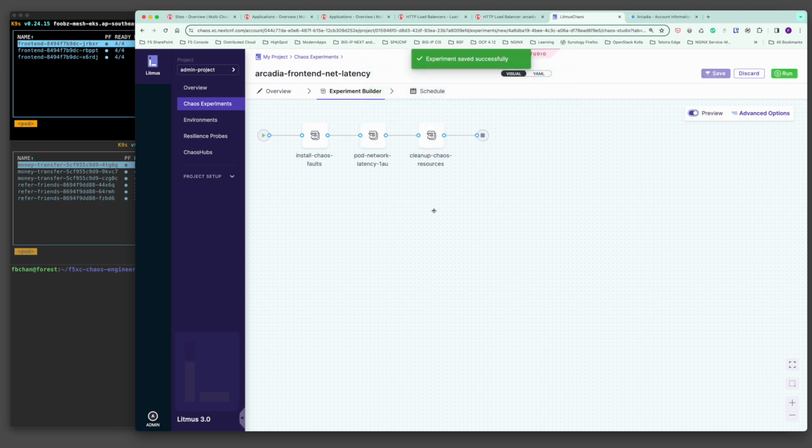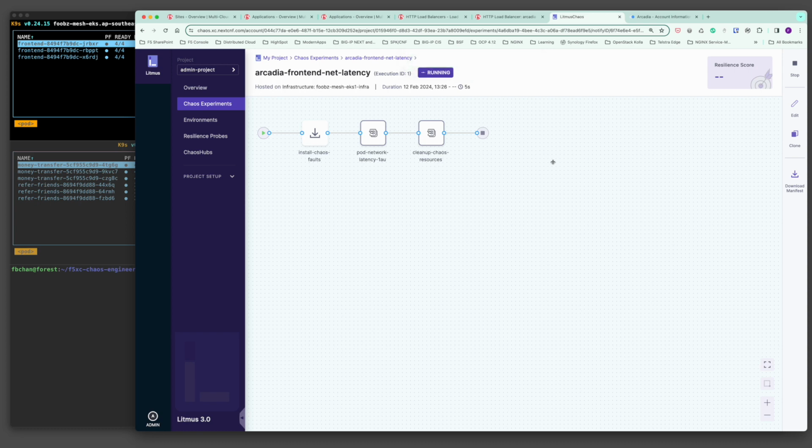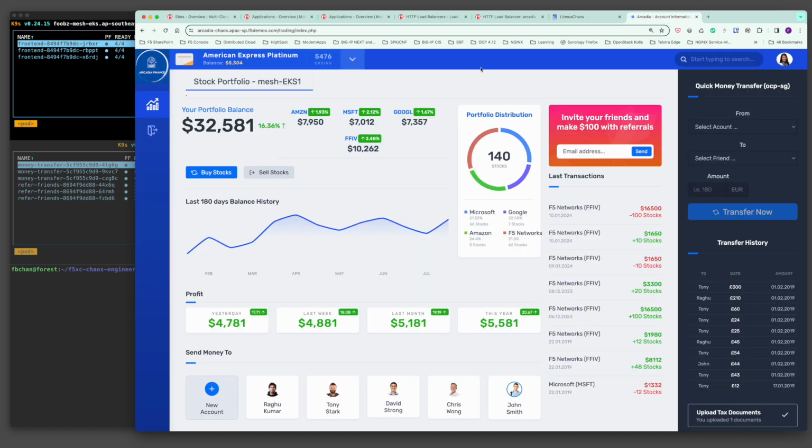Here is the chaos workflow of the experiment. It starts with install chaos fault, then inject pod latency, and do a cleanup at the end. Let's run the chaos experiment. While waiting for the running chaos to install the necessary chaos pods and inject chaos into the application,